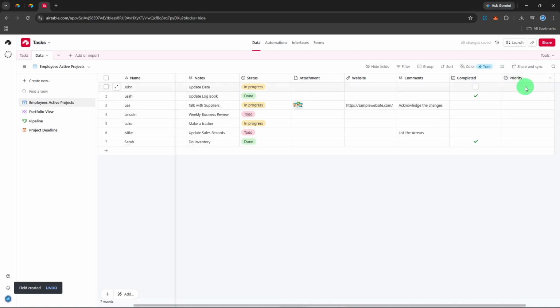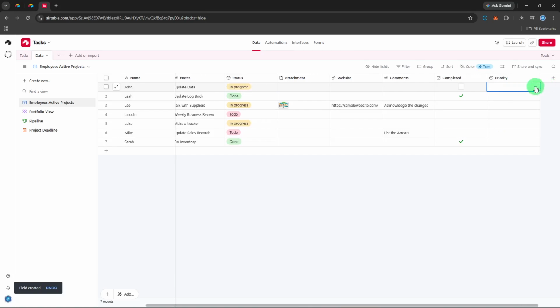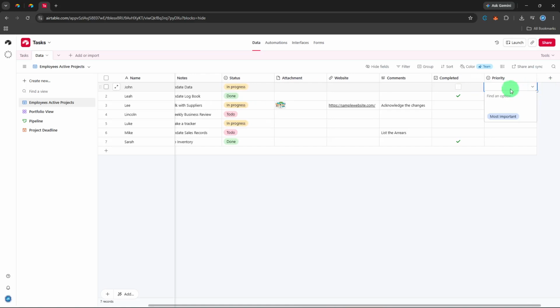When you're happy with your list, click Create Field or Save to confirm. Now, click any cell in your new column, and a drop-down menu will appear. Select one of the options you just created, say In Progress. That's it, you're done. Airtable will automatically save your selection, so you don't need to worry about hitting a Save